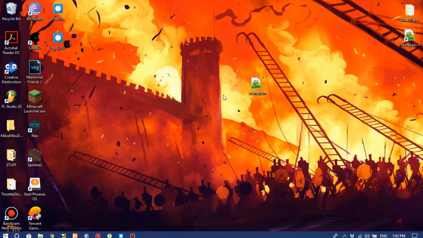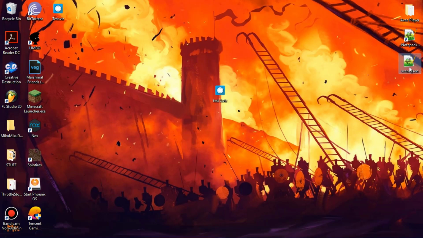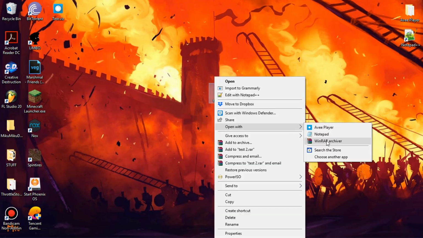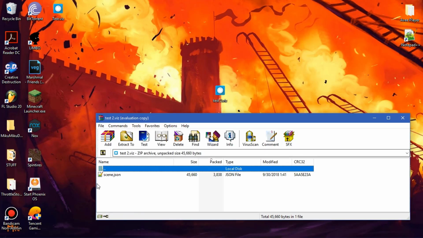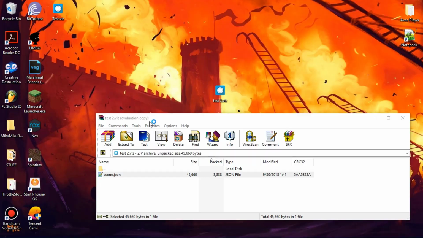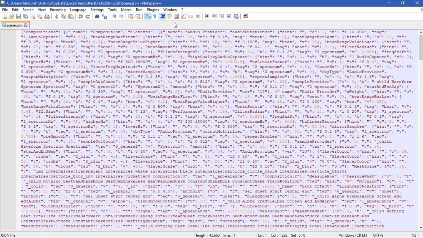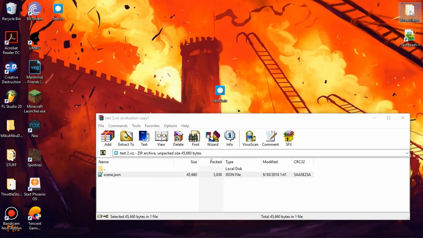Then we come here. We go to a visualizer, right click, open it with Winrar, and we can just open here. It says Notepad is detected, so open it with Notepad, detect where it starts. The audio provider literally starts here. We go to the code,